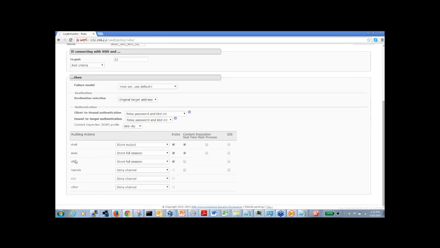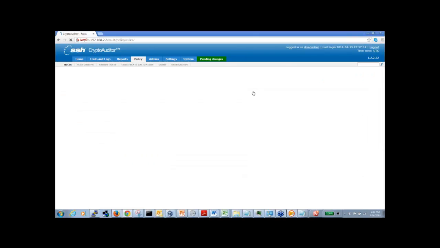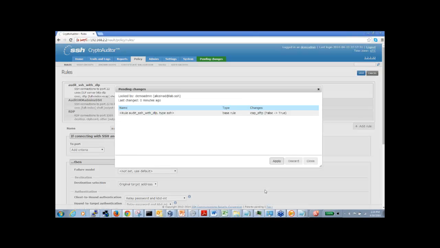Right now, I'm not blocking the SFTP transmissions if they contain anything that DLP would pick up on. So I'm going to modify that rule and make it a little bit more restrictive. We're going to save it, and even though we're saving it through the web UI, it still would have to go through an approval process. Right now, it's showing as pending changes. As you get into a little more role-based access, you can have different users that create or modify the rules, and another group that would come in and review and approve them. It tells you exactly what change has been made. So I'm going to go ahead and apply it.